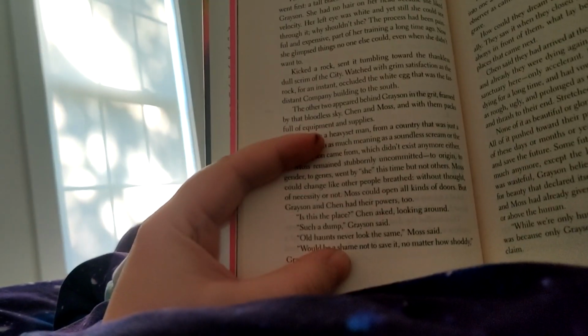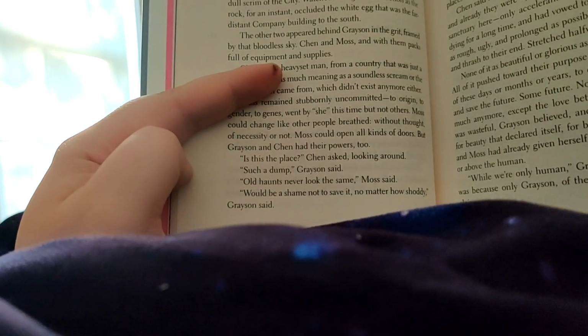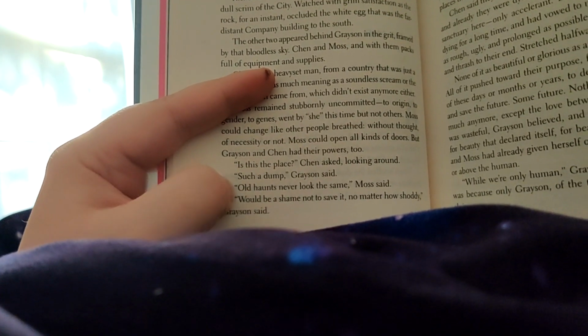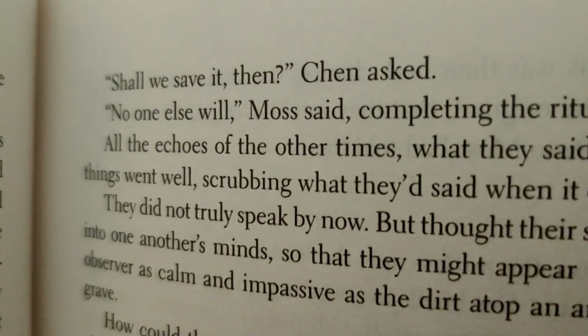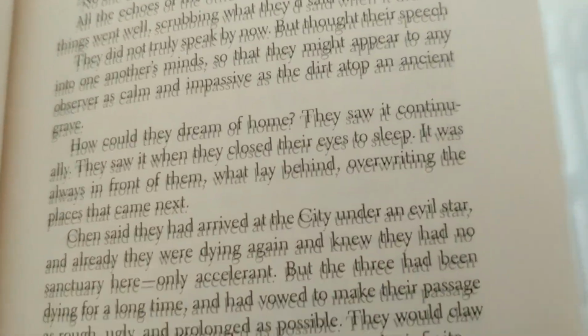Okay, so you got four pieces of dialogue in a row, and you're not using any action. Screw saying so-and-so said and give me action. What are they doing? Just be like, Grayson ran his foot through the dirt or whatever. Such a dump. That would be better than just, such a dump, Grayson said. It makes it very boom, boom, boom, boom. And that's boring. That's boring. Stilted. And then look, the next line is again, Chen said, Moss said. All of these are just...